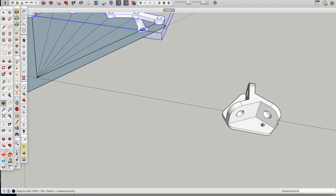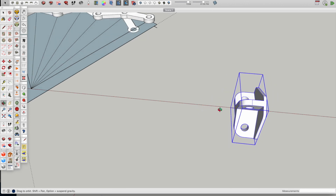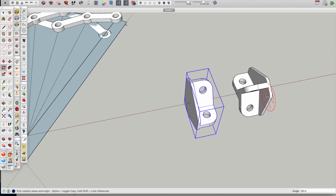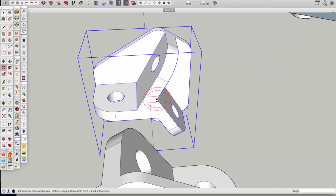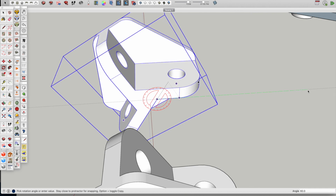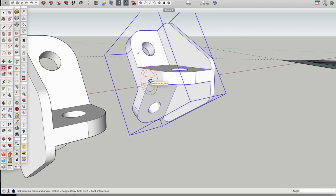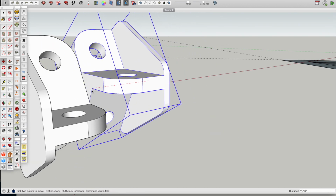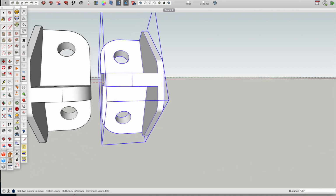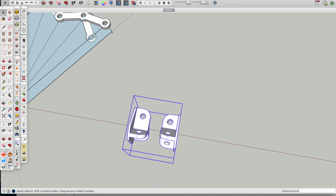I'm going to drop that whole thing down. That gives us a plane to work with. We'll rotate this around, then rotate, copy, rotate, and then we get these lined up. As you can see, they're offsetting, so the hinges can actually be offset as well. I'm going to move this over a little bit, highlight all that, group it together,